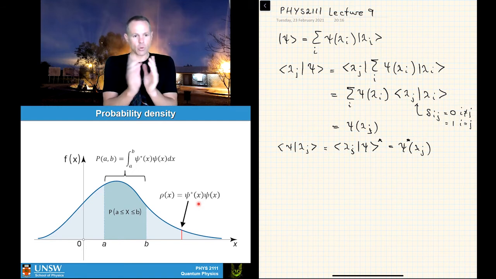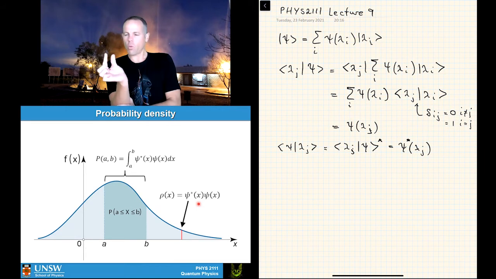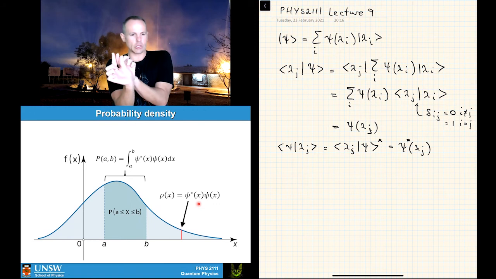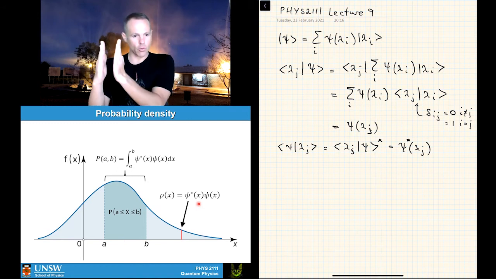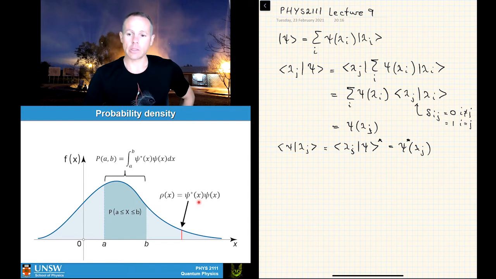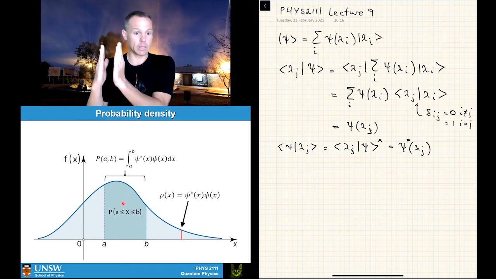What we generally do is ask the question of where we are going to find our particle within a certain width, right? Because a particle might have a size, and so there's no point asking whether its position is more precise than either the width of the particle or how well you could measure it. And so what we tend to do is ask the probability over some range, right? And so what we do there is integrate this probability density over some range between A and B to get the probability of finding the particle in some position.